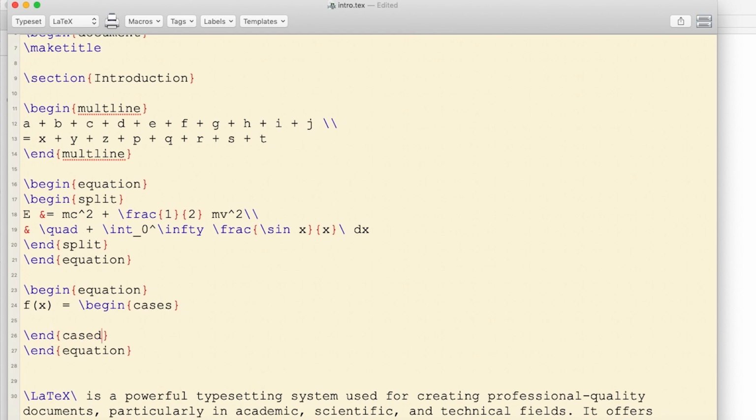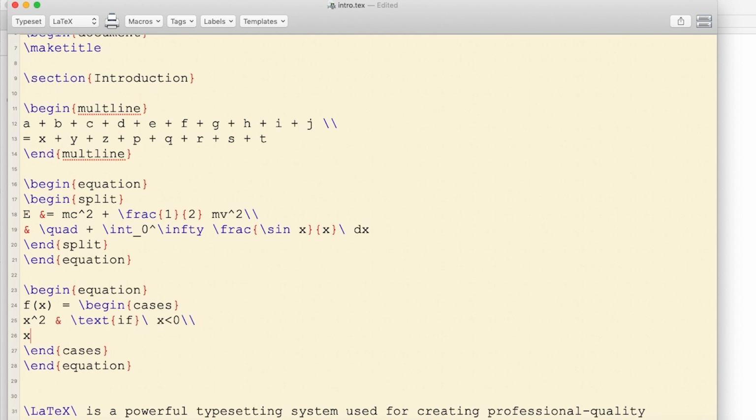and \end{cases}, we have x squared, ampersand, \text{if x less than 0}, \\ new line, x plus 1, ampersand, \text{if x greater than or equal to 0}. So this will display as